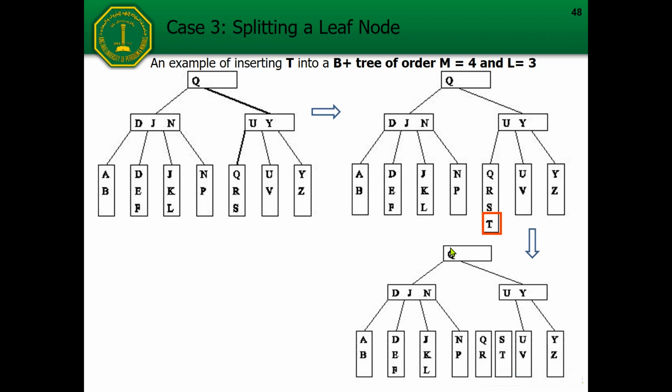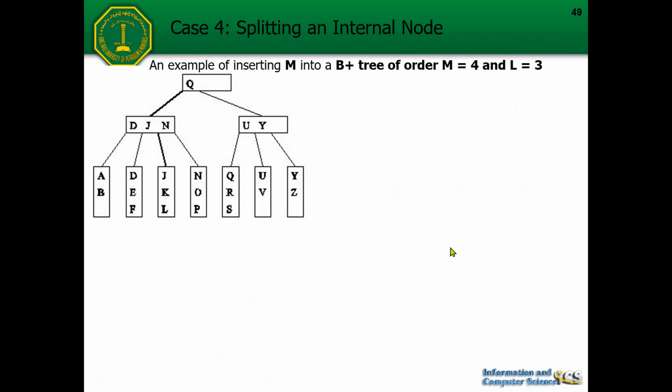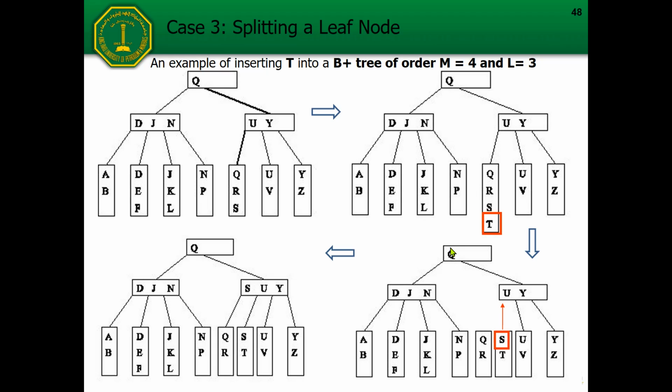This is the second example, where when we insert some key into the B+ tree, we'll have a condition where there is overflow in the leaf node. So now, for example, we want to insert the T, and we need to find the correct location for the T. We compare T with the key in the root. Because T is bigger than Q, we need to go to the right. Then we compare the T with the keys in this internal node. Because T is less than U, we need to insert T in this leaf.